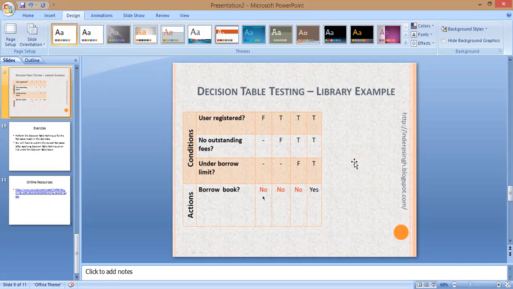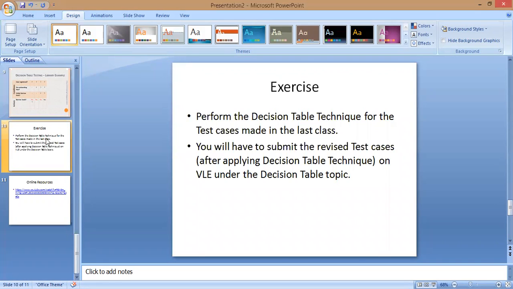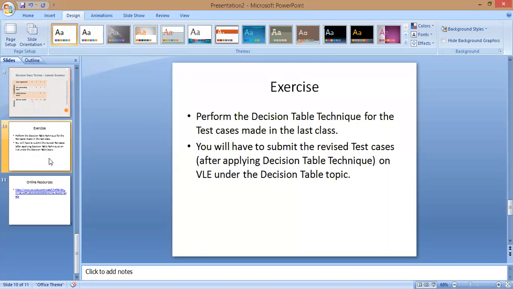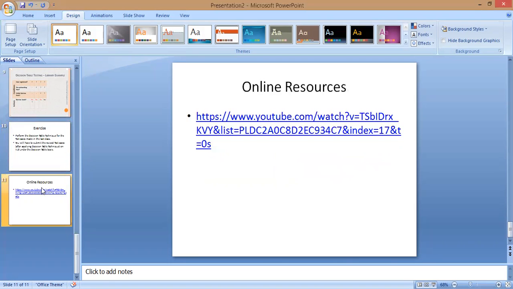This is the reason why we study decision table testing. What you need to do now is, for the previously uploaded lecture with the SRS, you were supposed to build test cases. Now you have built all the test cases for the SRS that was provided to you previously. Based on those test cases, apply the decision table technique and reduce the number of test cases, and see how the test cases are reduced and are more practical than the previous approach. If you want, there is an online resource as well on the same topic. You can go through that as well. This is going to help you in understanding it.